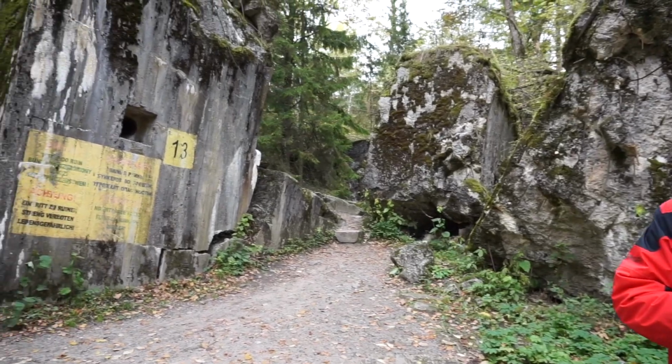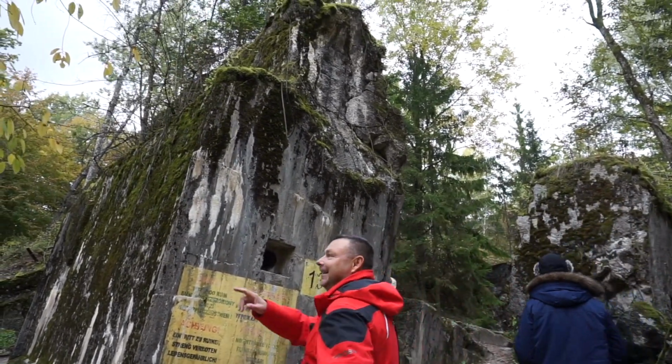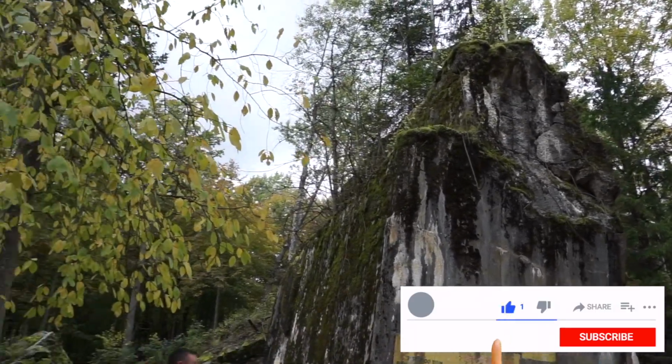He's just telling us that at the very top we have trees growing on top of these structures. They planted there as a garden to